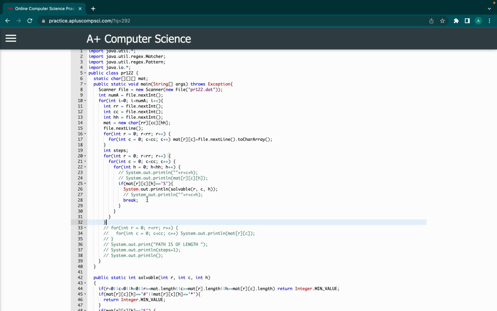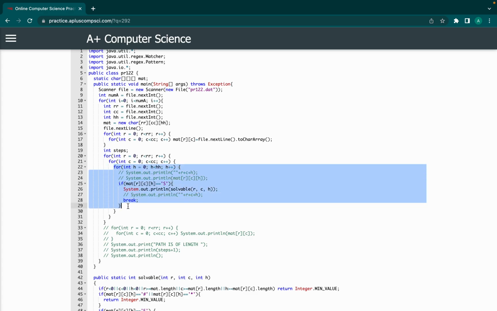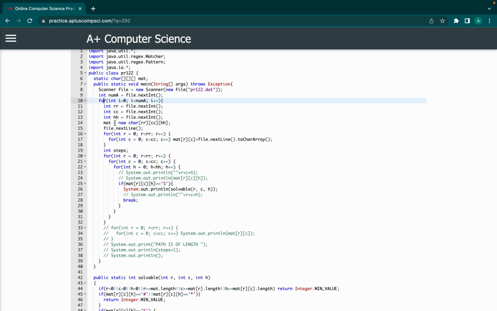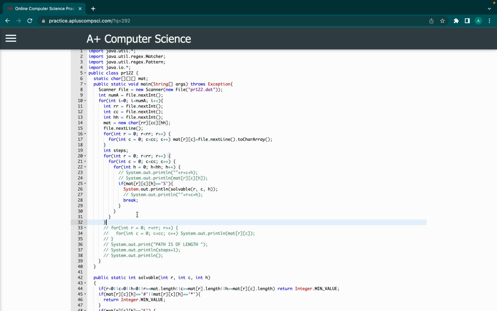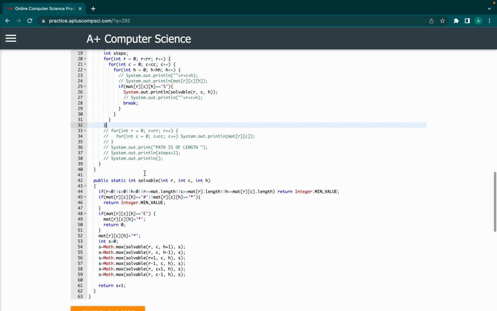Although, that's weird. I don't think this break actually does something, because this break only breaks out of this. So it does do something, but it doesn't have the full effect I wanted it to have. But it doesn't matter. And also we can't return after this because I still want this giant loop to continue. But anyways, this is solvable,